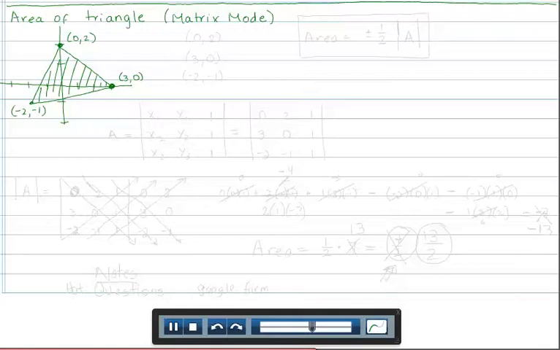Well, there's an easy formula, but you do have to calculate the determinant of a 3x3 matrix. So you have 3 points. You have point 0, 2, you have point 3, 0, and you have point -2, -1. The area, the formula is going to be, I'm going to say plus or minus 1/2, and the